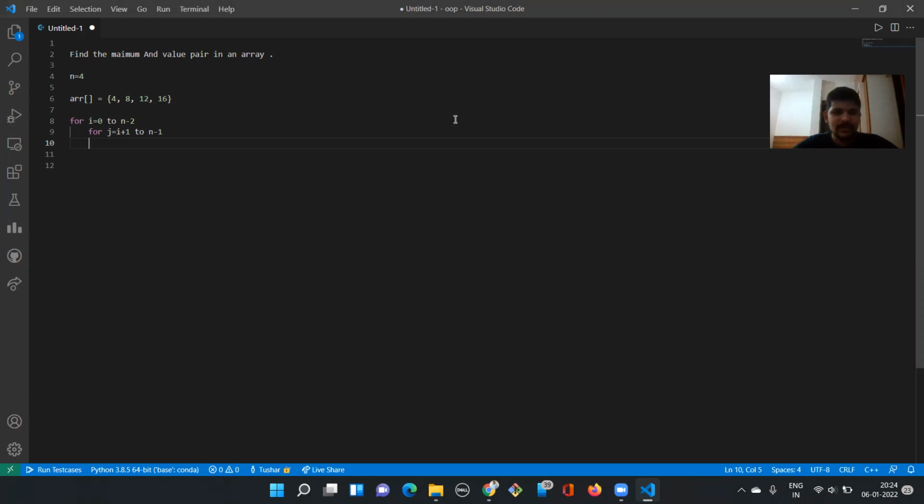But this approach will give time limit exceeded as the value of n is very large, and the time complexity of this approach is big O of n square. So we need to think about a solution which runs in big O of n time complexity.